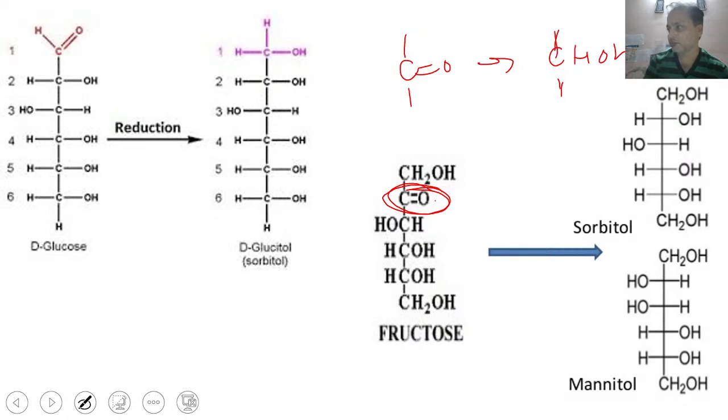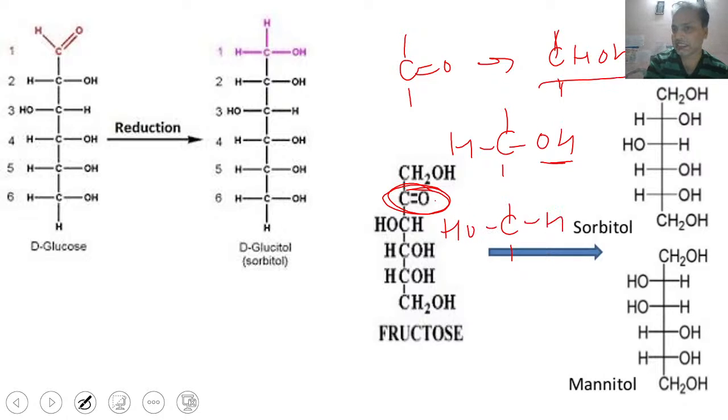It can be written in two forms: either CHOH with the OH written on the right-hand side, or the second form, where I write the OH on the left-hand side. So this CHOH can be written in this structure also. Whenever you have reduced your fructose, you get CHOH, and this CHOH can be in either structure, both are possible. So whenever you have the structure with the OH on the right-hand side, we are going to call that